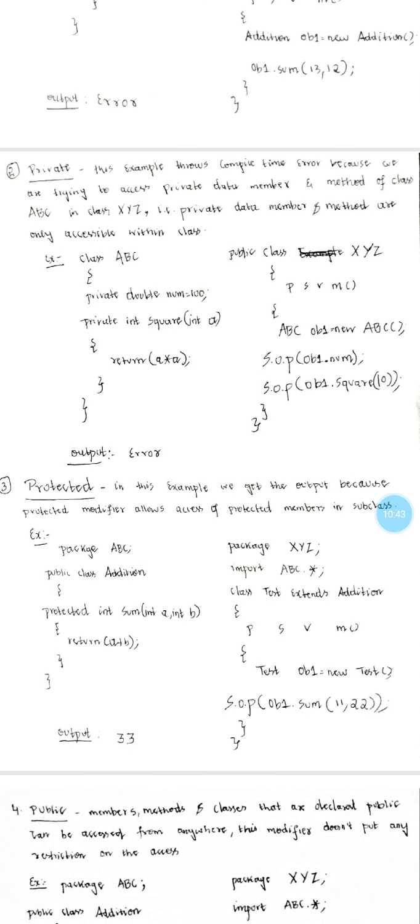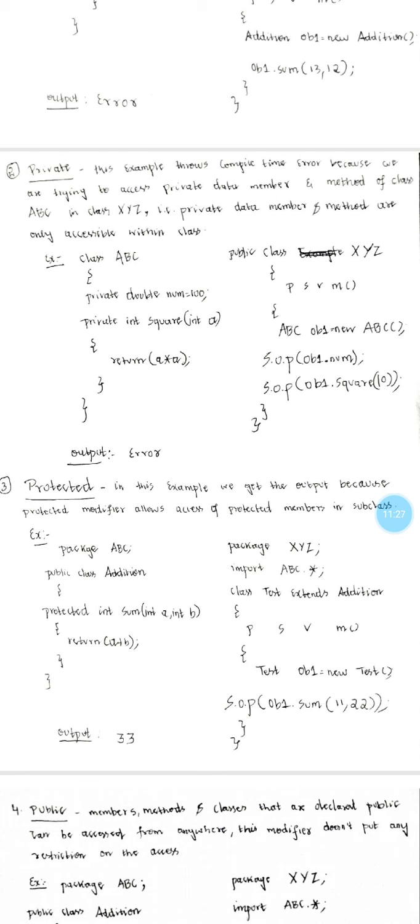Now we'll see the second type, that is private. We'll see with an example. I've written a class abc. Within that class abc, I've declared a variable num, which is private in nature. You should note this. The num variable I have made private, and I have assigned the value 100 to num. Now I have written one more method called square, with only one parameter, a. Square is a method of type integer, and it is private in nature. So num and square are private in nature, so I can use these only within the class abc. Square will return me a square. That is what I have done here.